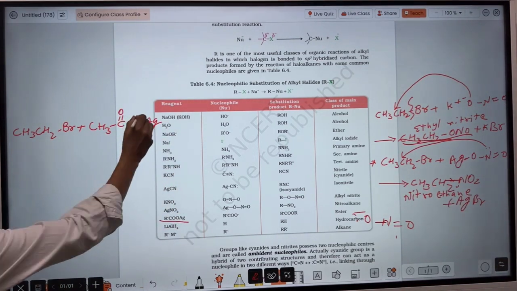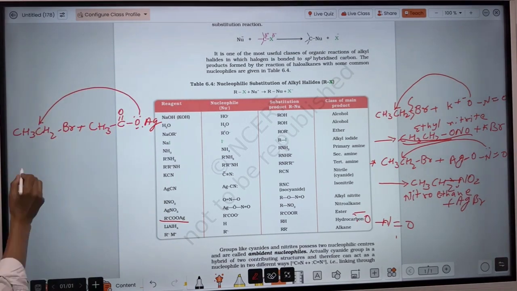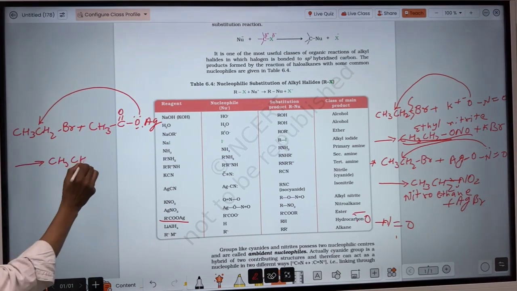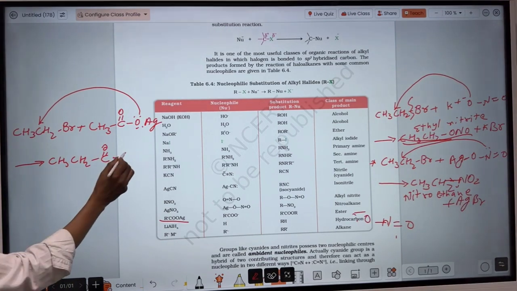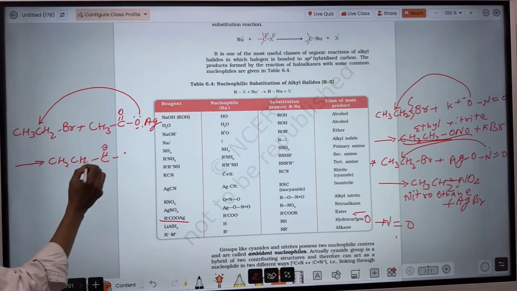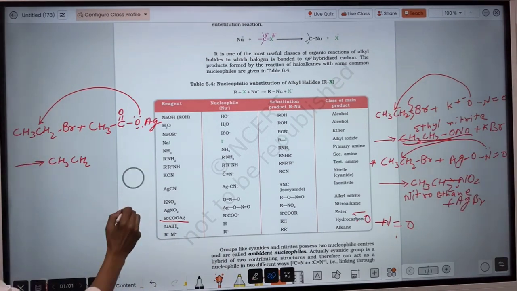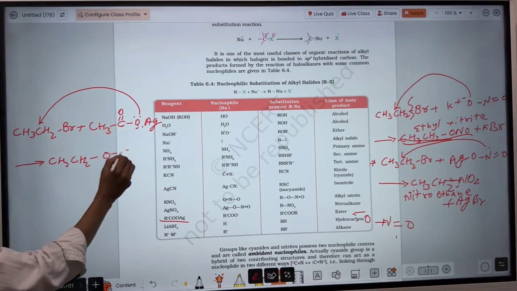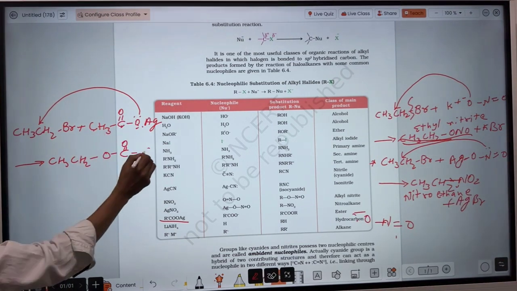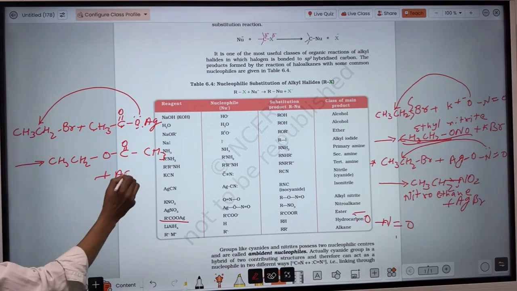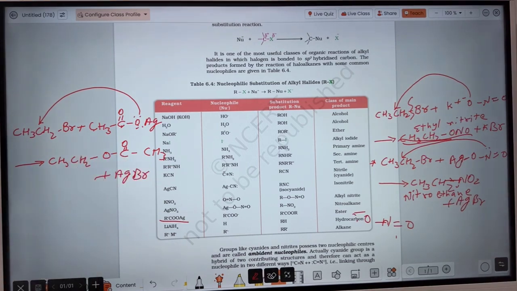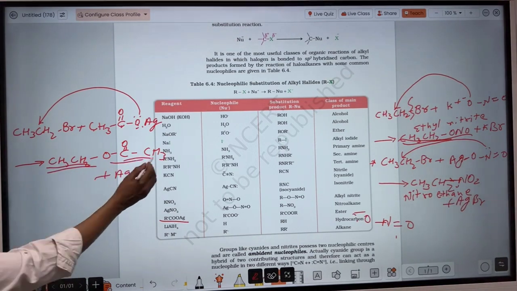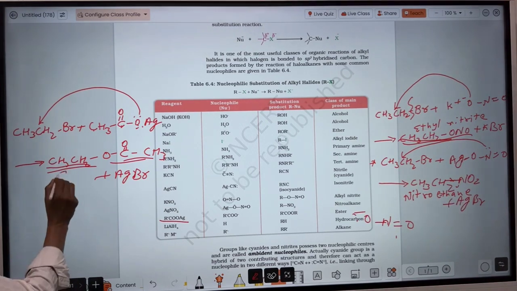Same here, this oxygen will get bonded and the product will be this. So this oxygen is bonded to this acyl carbon, and this acyl carbon is bonded to this methyl, like this, plus. How to write the IUPAC name of this compound? This side has no acyl carbon, and this side is the acyl carbon. So we will write alkyl, and for this one alkanoate. So its IUPAC name will be